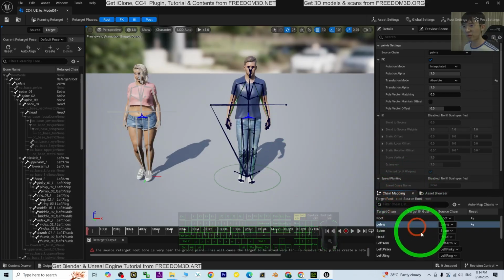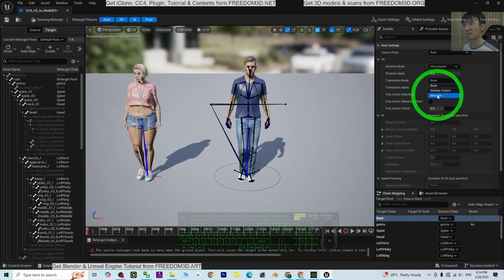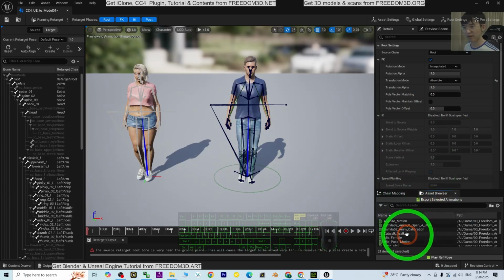Then check again the chain mapping, the roots, globally scale, none, absolute. Alright, now correct. Next, go to the asset browser, click the first one, then scroll down